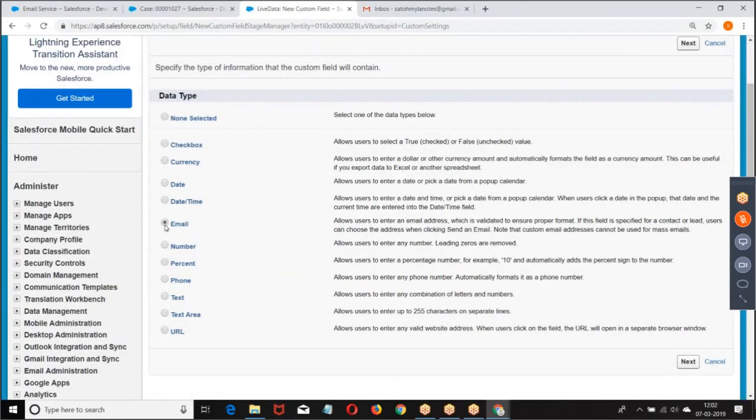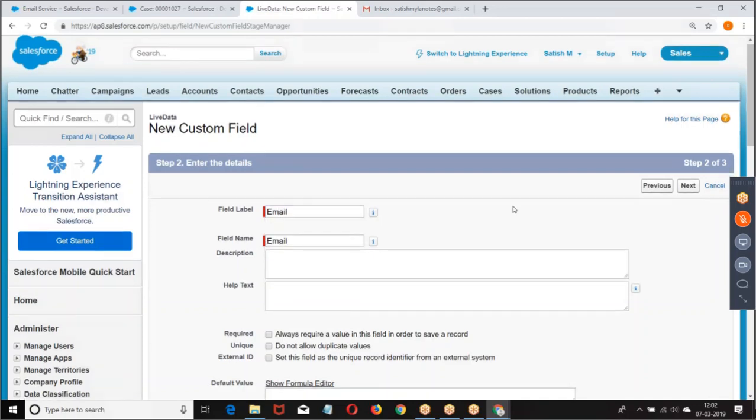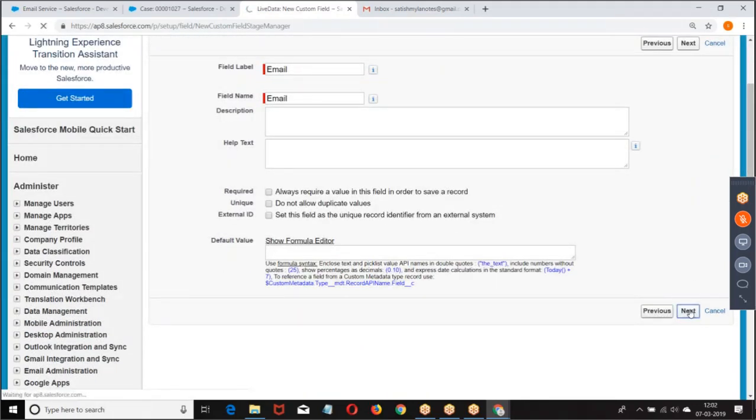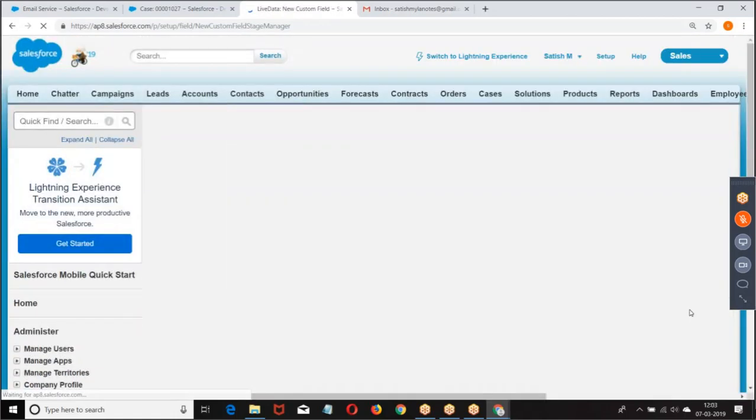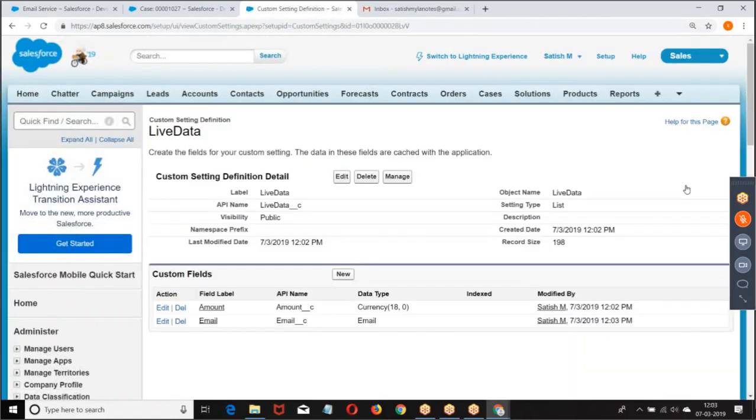Then email, this is how we got it. I created a field.